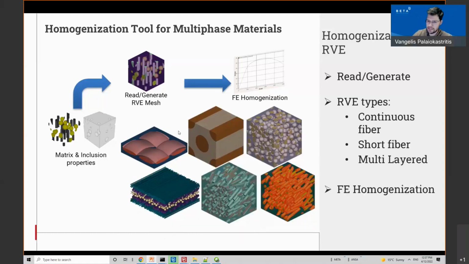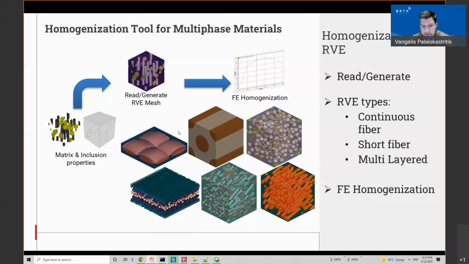Now, let's see the FE homogenization. For FE homogenization, the homogenization tool can be used for the generation and setup of the RV model. The RV model is the microstructure FE model of a multi-phase composite material.